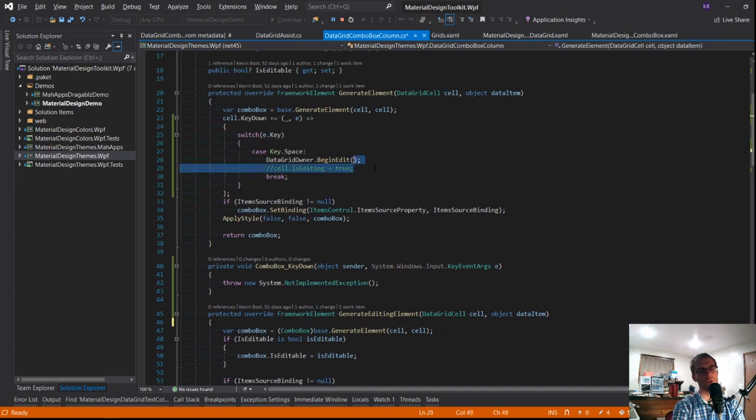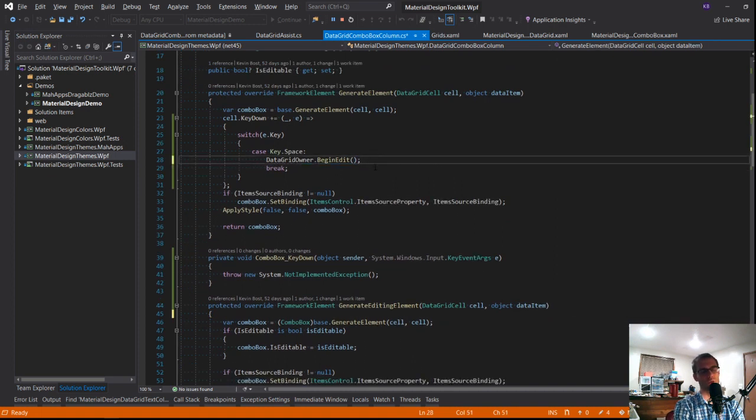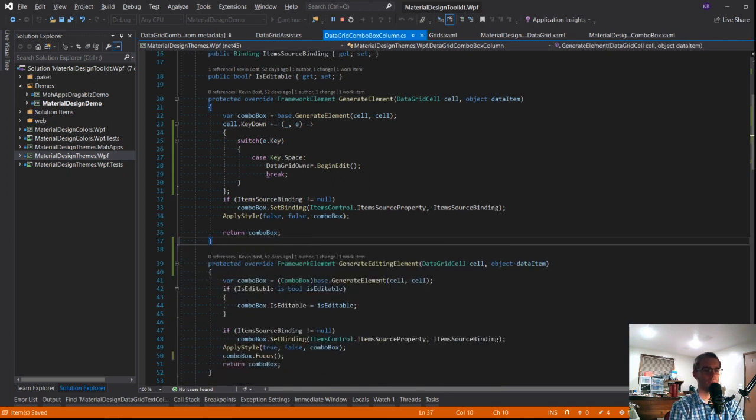So the question is, should it? Should it? And then more importantly, we've got the issue of, I think there's a memory leak here with the event handler, because this delegate is going to implicitly capture a reference back to this column.